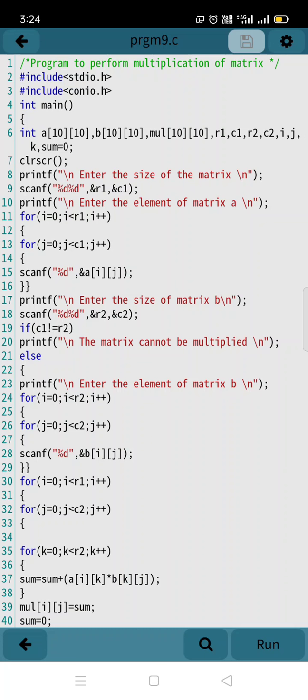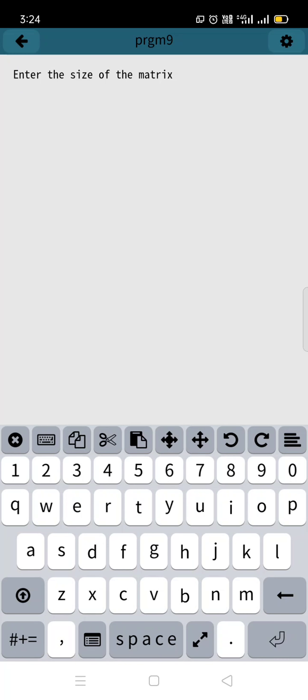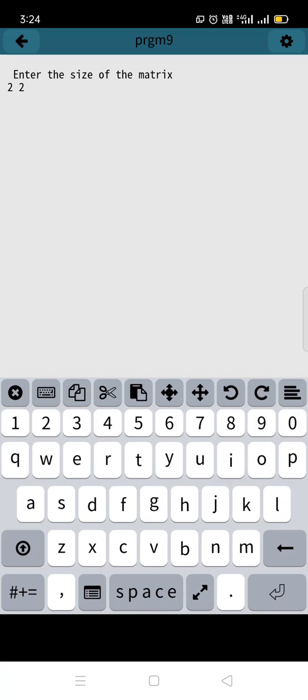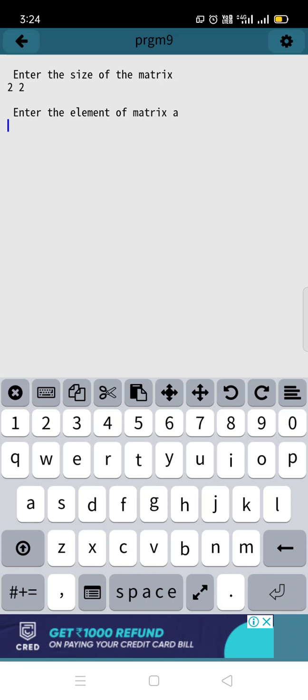Just see, run. Enter the size of the matrix: 2 2. I will press enter again. Enter the elements of matrix A: 1 space 2, enter, 1 space 1.